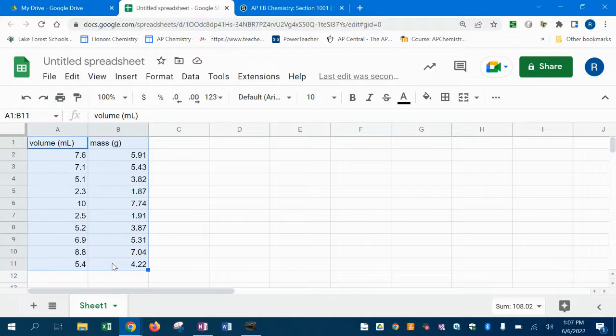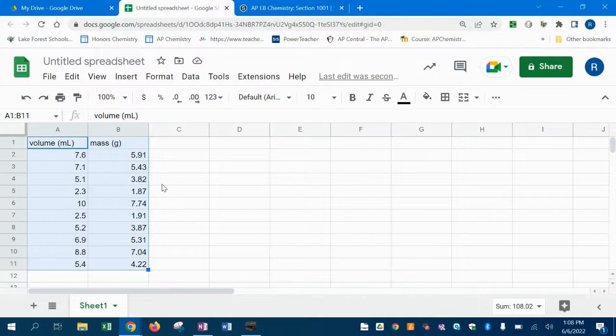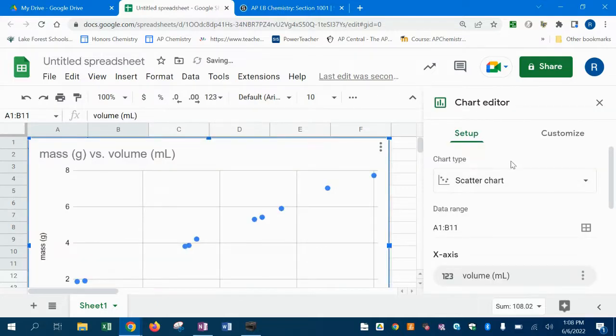Okay, so everything's now highlighted in blue. From there, you're going to go up to the top and hit Insert, and you want to insert a chart. It takes a second and your chart will pop up. If yours doesn't look similar to mine right now, what you want to make sure is that mine is under